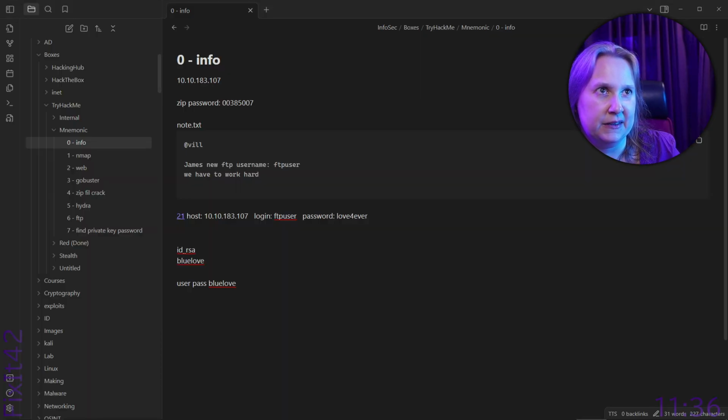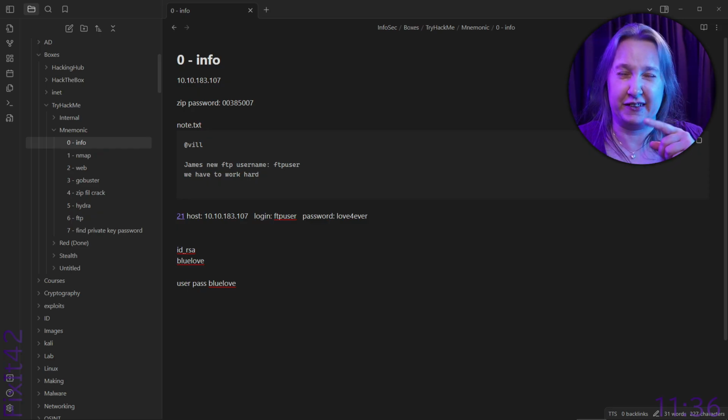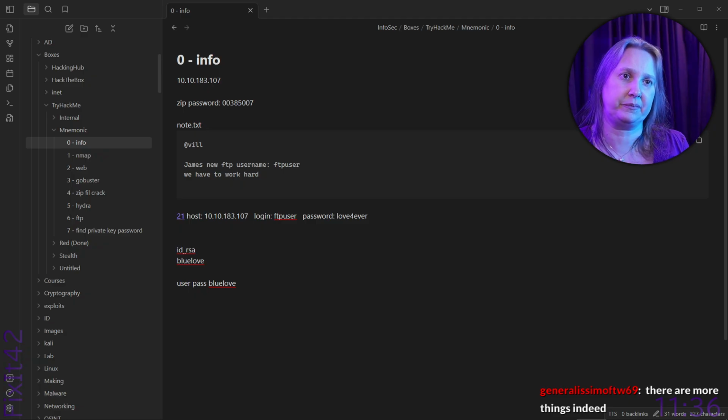Let's just see what it said. So we have Ubuntu, as we kind of saw in the Nmap scan. And I assume there's lots more things to do on this box, or is it a very simple one? Maybe the medium part is just that there are different steps. I don't know. Or maybe it was that this was encrypted. Yeah, there are more things.